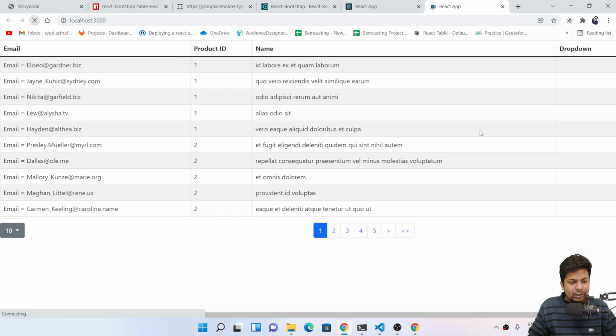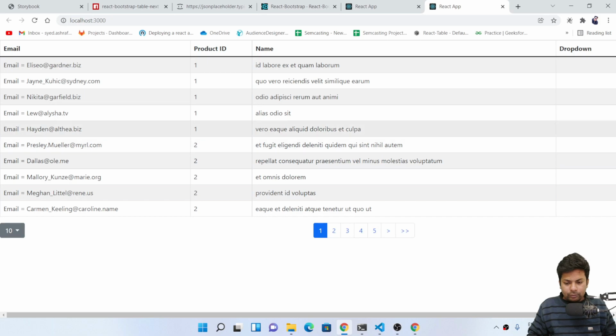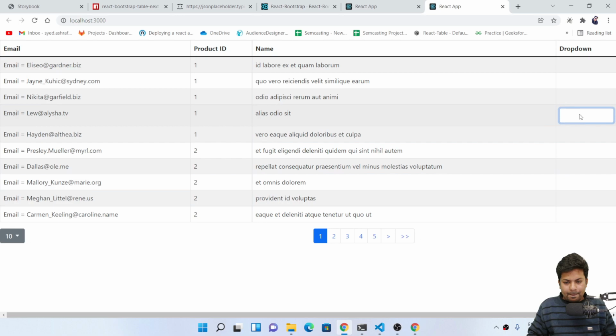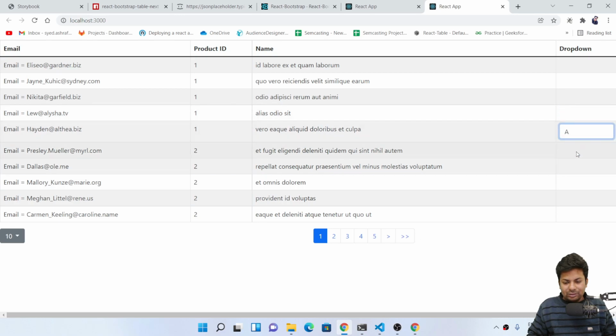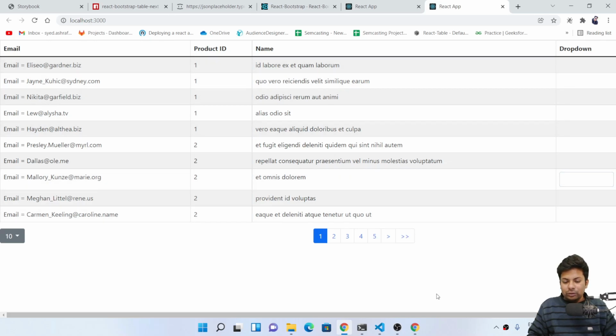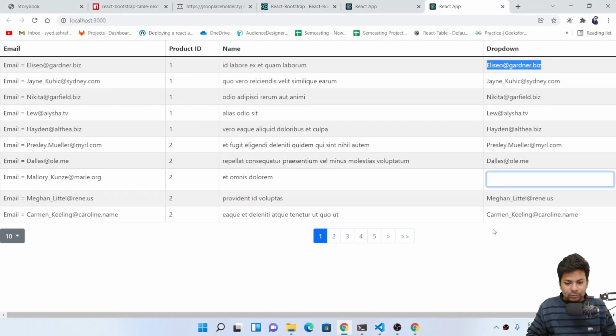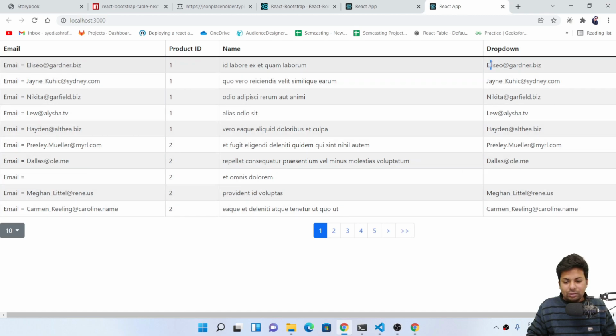It should make edit at least, because the drop down should open. Value a, label a, editor, but it should. Yeah, so basically you have to click in between, that's why it will open. And if you have any value, it will show up. Suppose if I change the data field to email, so email will show up. Yeah, all the emails are showing up, and after that you can just say,